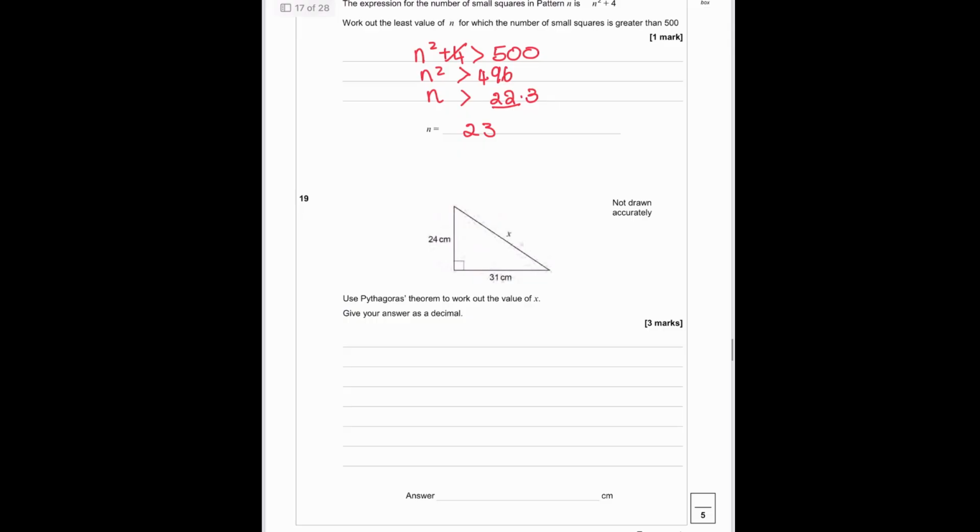19. Using Pythagoras, work out the value of x. So we want the longest one, so it's going to be 24 squared add 31 squared gives us x squared, and that equals 1537. And if we square root that to get x, we get